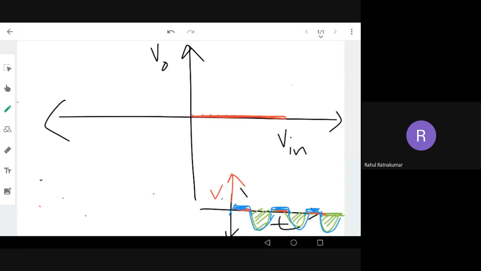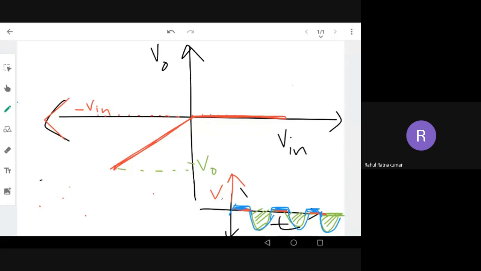For the negative input, we know that as V in goes negative, that means on this side you can see V out is also getting a negative value. So V out is also negative, right? And the input is negative, because this is the input. V in is negative here in this direction. Minus V in is happening here, so my V out is also negative here. Okay, so this is the V out versus V in graph of the circuit.